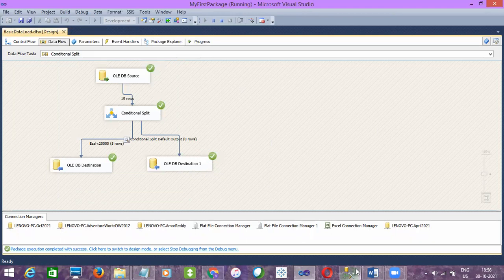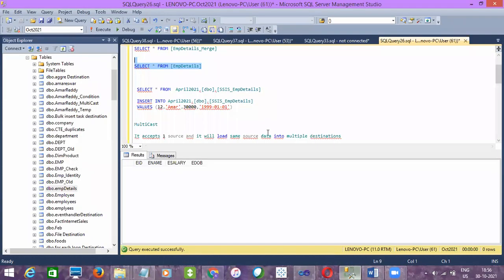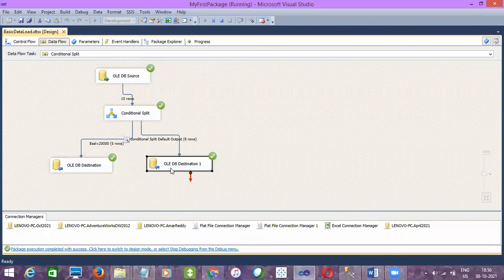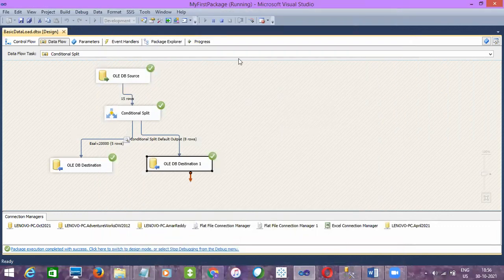Okay, let me check the table data. So here in the conditional split default output, what is the database? October 2021. Let me show you the data in the October 2021 database table. What is the table name? We truncated the wrong table.